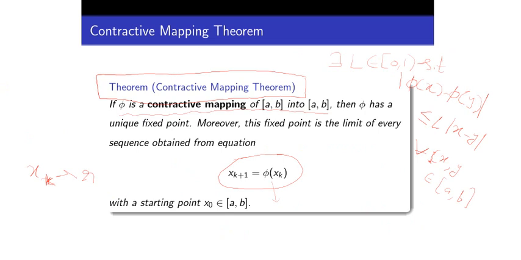Right. Whenever you are choosing a functional iteration scheme or fixed point iteration scheme, you need to make sure that the right hand side you are defining, phi of xk, this function phi is a contractive mapping, and it maps the closed interval AB, where you are looking for the root, into itself. It's not onto but into. So the range will be a subset of AB itself. So this is what you need to be careful about.